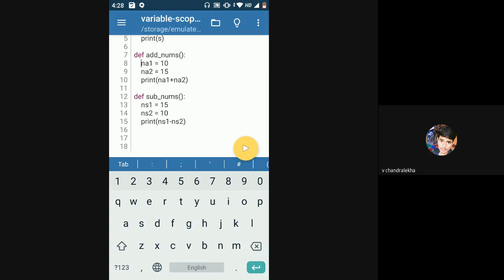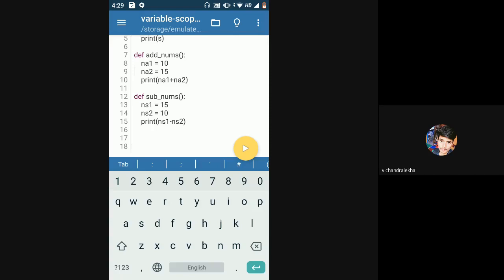So now you understood at least what a function is, right? Okay. Indentation is nothing but spaces. Here you can see this def add nums line is closer to the left side margin line. So this first def add nums line is closer to that margin line, and all the three code lines on line numbers 8, 9 and 10 are a little spaced out from that margin line. This spacing from the margin line is called indentation.